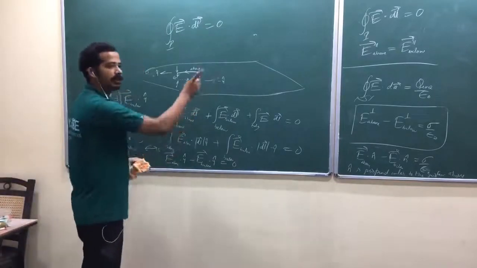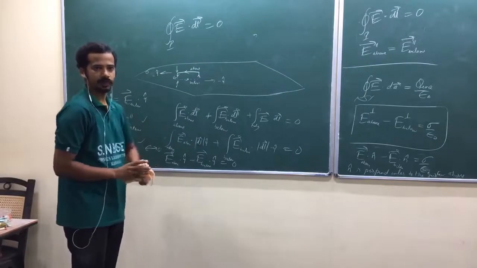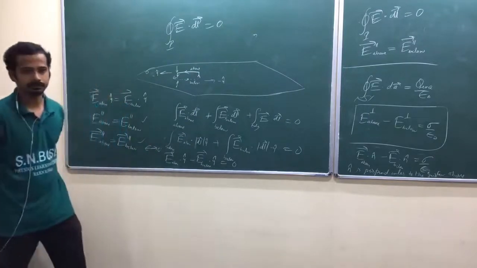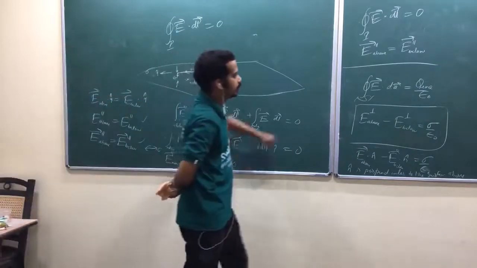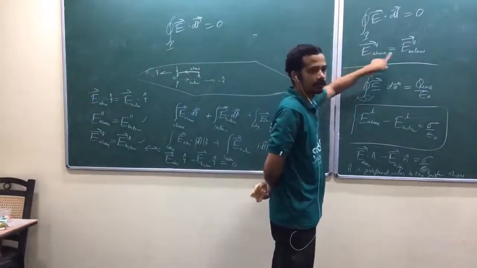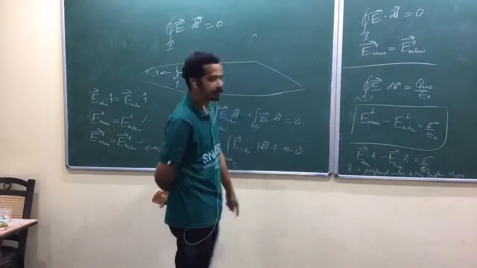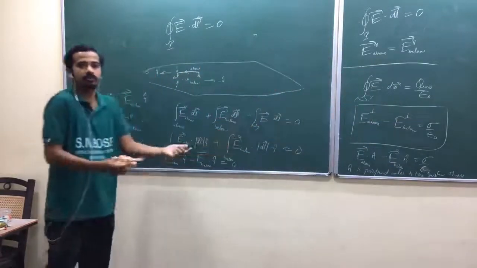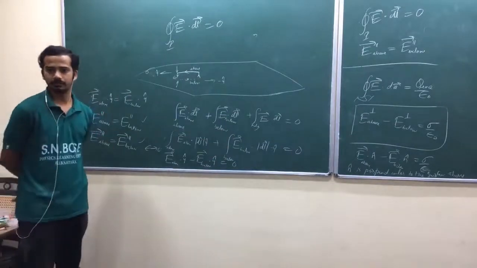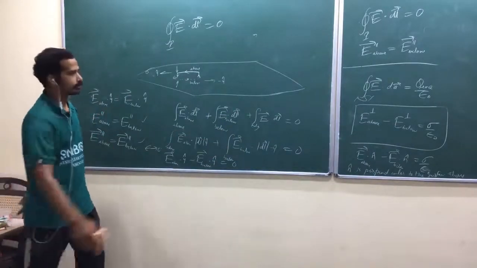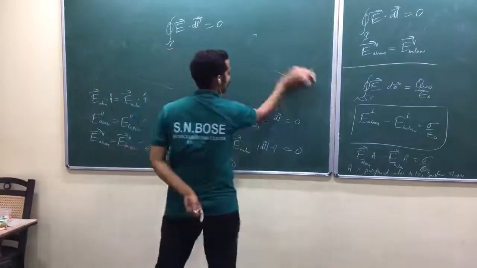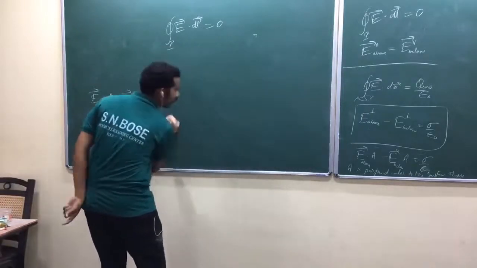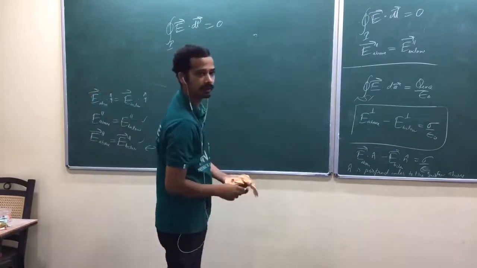Now I want to combine these two. I want to write the equation for the whole vector. This is a component vector, am I right? This is also a component magnitude. We have taken only magnitude here, because there was no question in which direction it is, perpendicular to the surface. But I want to combine them. I want to write the discontinuity or whatever for the whole vector. Then what can you do? Any idea?